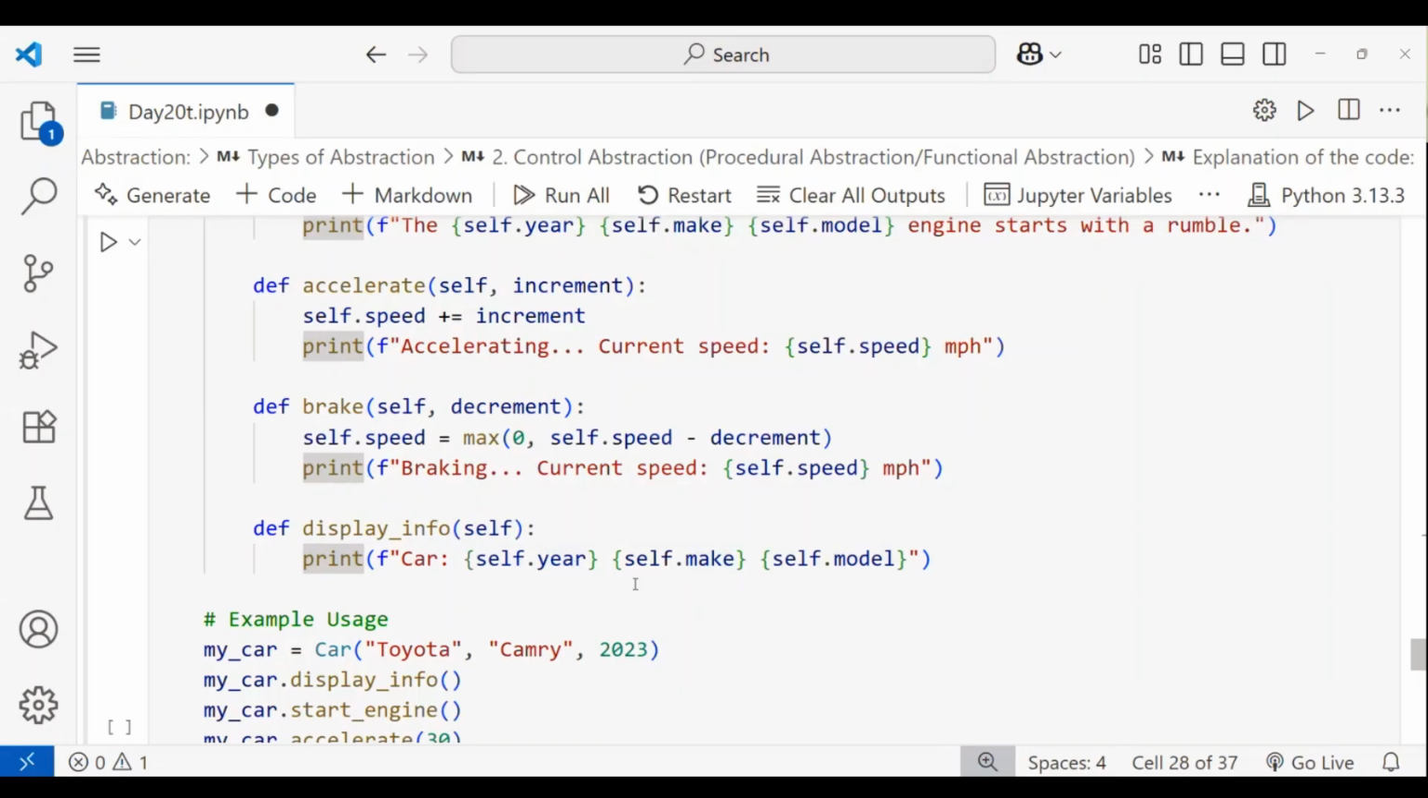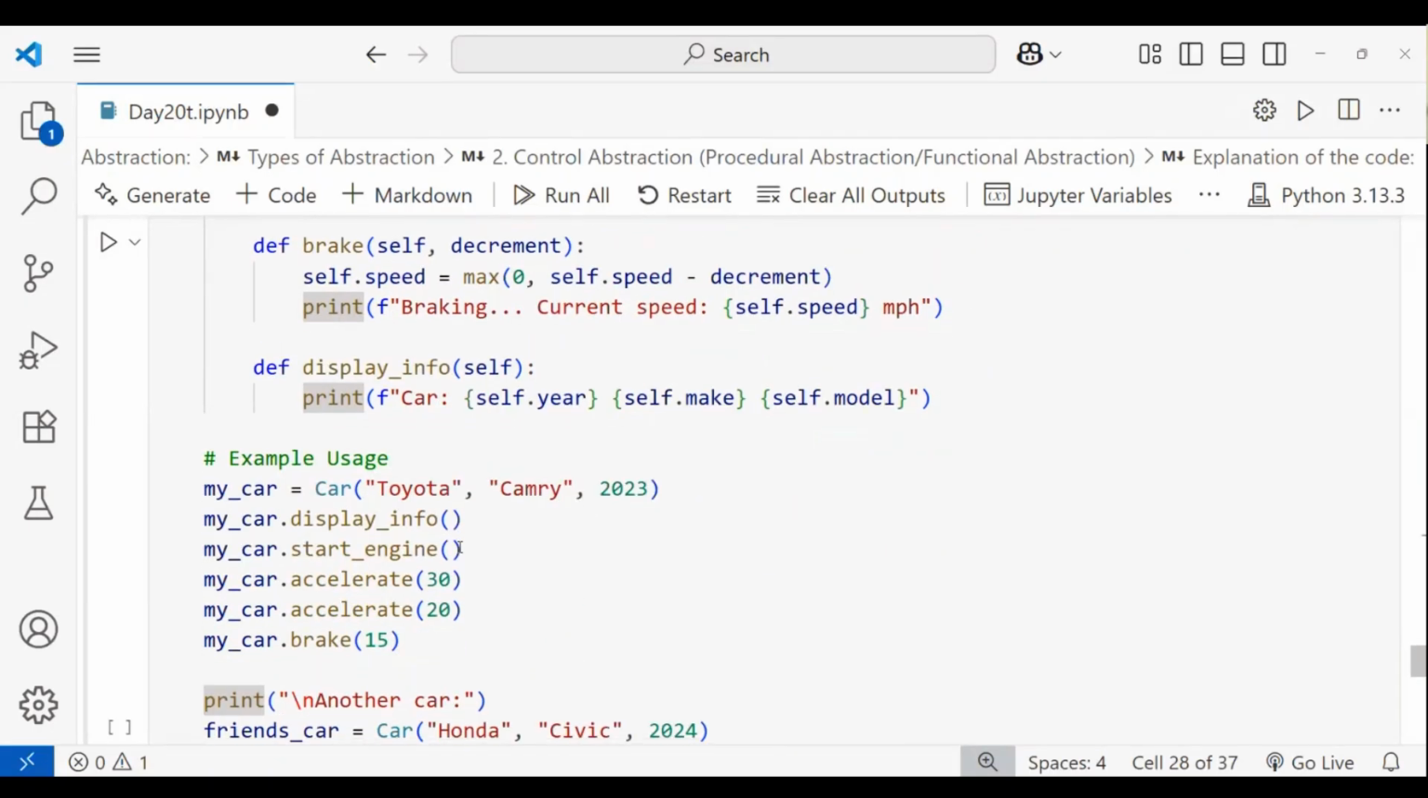That will be printed when you press display info. That is your method. After that, you have to create the method. And after the method, you have to create the object, right? So what I'm doing here: my_car is equal to Car of Toyota, comma, Camry,